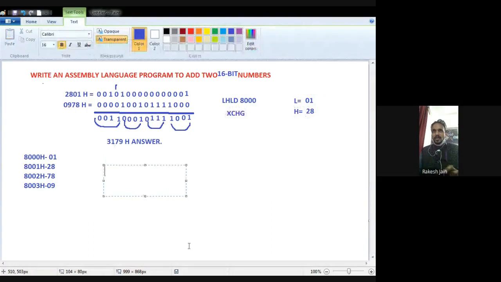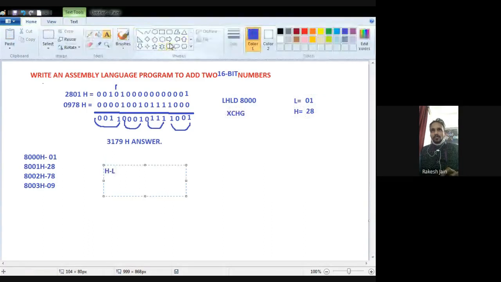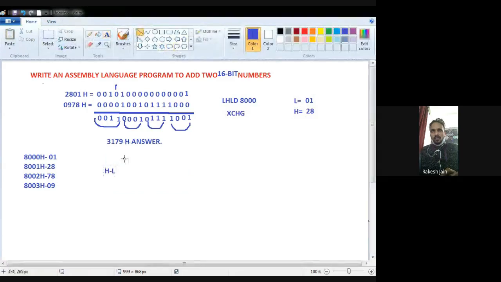What is the meaning of exchange? The exchange instruction actually exchanges the content of HL with the content of the D register pair.